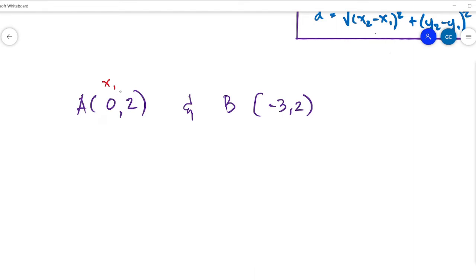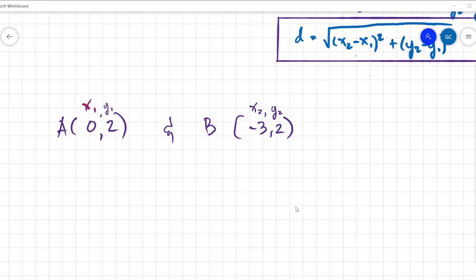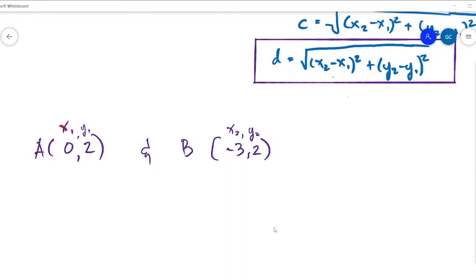We have x1, y1, and also x2, y2. So what do we do next? We simply plug in those values into our formula, which is this one. So the distance between A and B will be equal to, let's first get the x's, negative 3 minus 0 squared plus